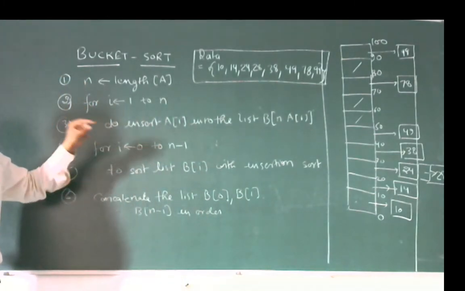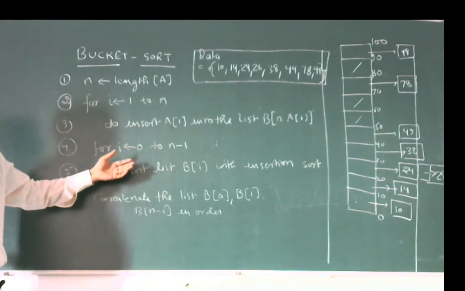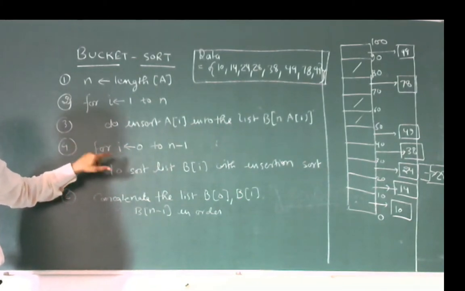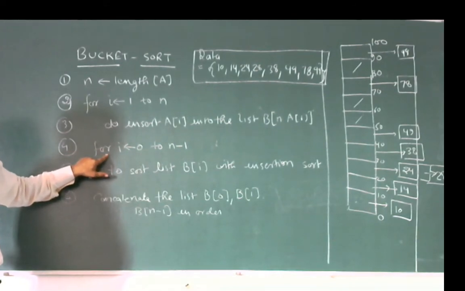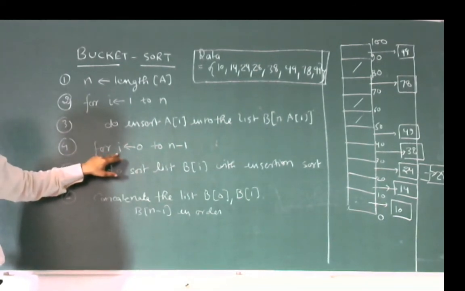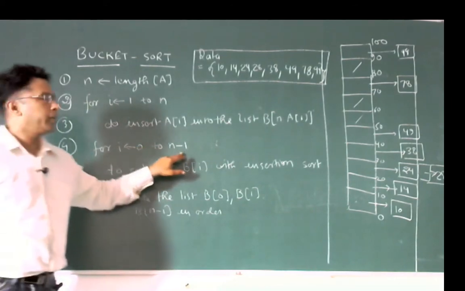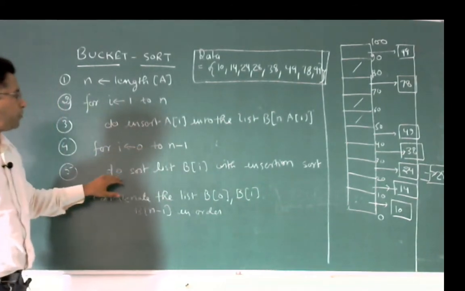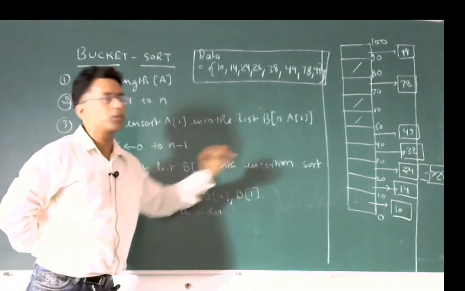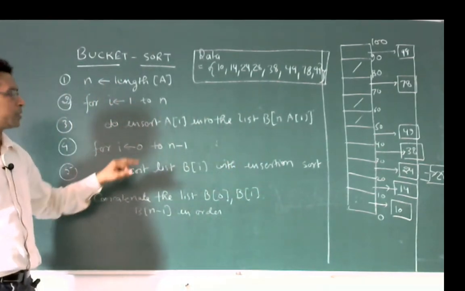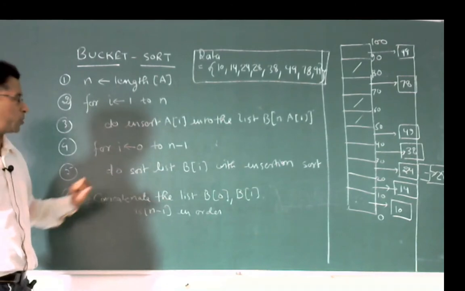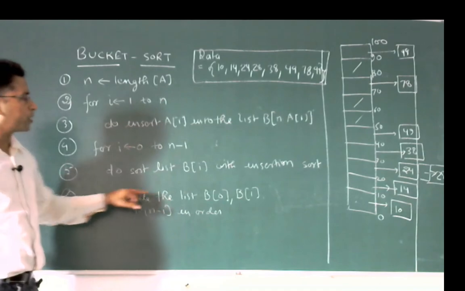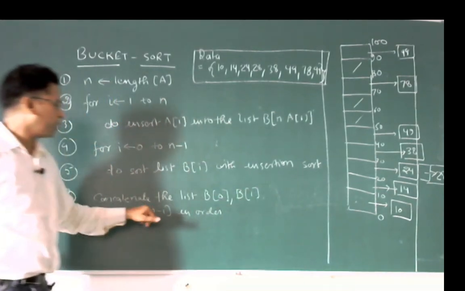Then when multiple data are inserted into the same bin, we need to sort these data. For sorting these data, we initialize a for loop from the first element to n, where n is the number of elements in the bin, and we sort list B[i] with insertion sort. As I have told you, this list is sorted using insertion sort. After applying the insertion sort, at last we concatenate the lists B[0], B[1] up to B[n-1] in